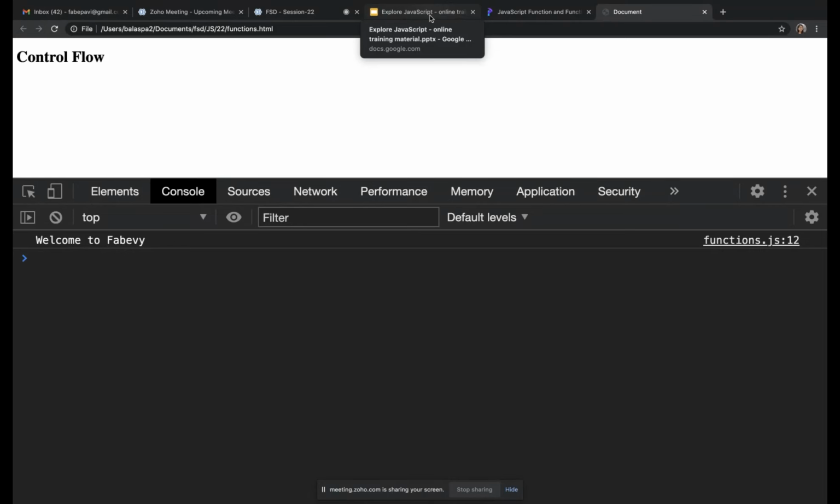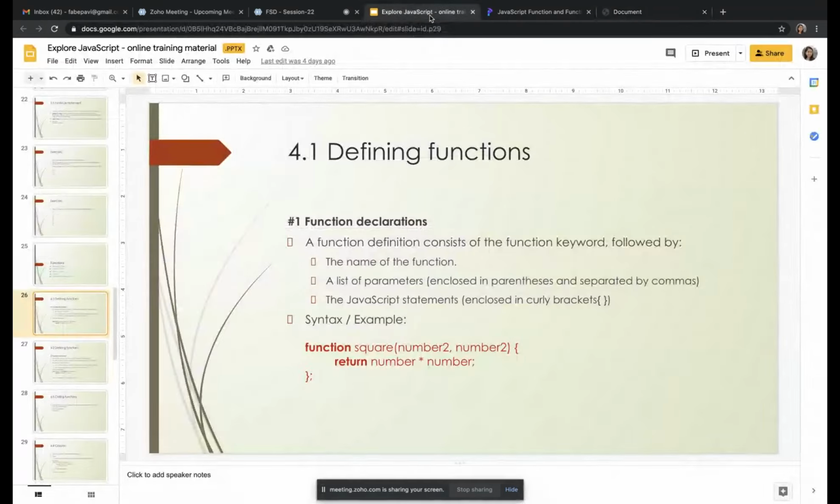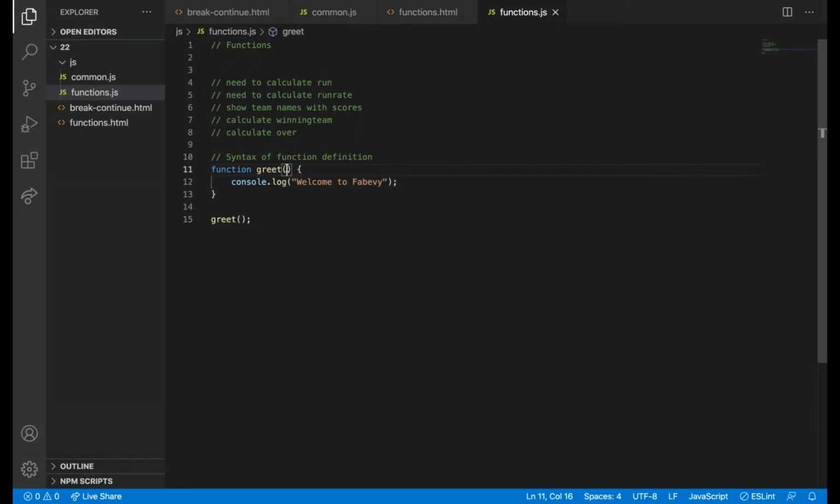So we can read this. A function definition consists of the function keyword followed by the name of the function, and a list of parameters. What is the list of parameters? This also I already taught. I can say welcome string.